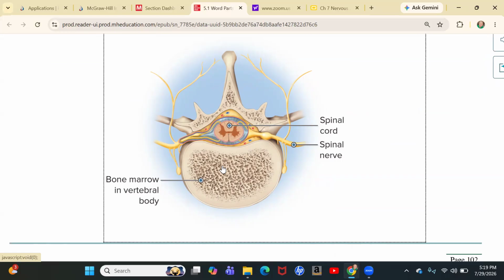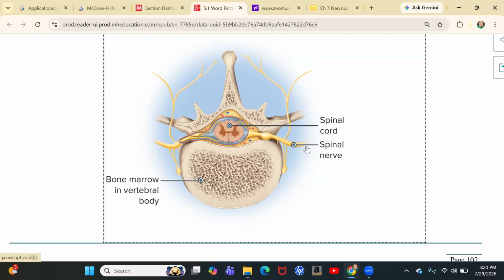So if you remember back in, what chapter was the skeletal system? I forget. Chapter 3, I think. Oh, chapter 4. We talked about the different vertebrae and how they nestle on top of each other. Vertebrae C1, T1, L1, all the different cervical, thoracic, lumbar vertebrae. The purpose of your vertebral column is to protect this delicate spinal organ here. And you see the spinal cord here within it.